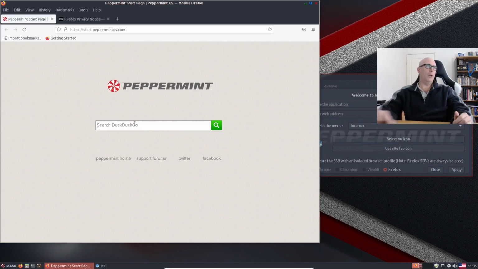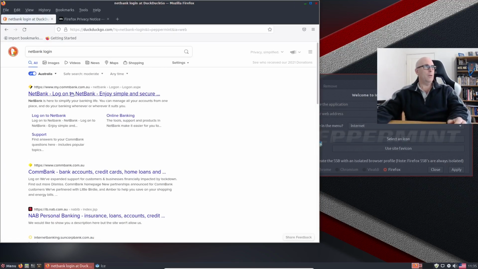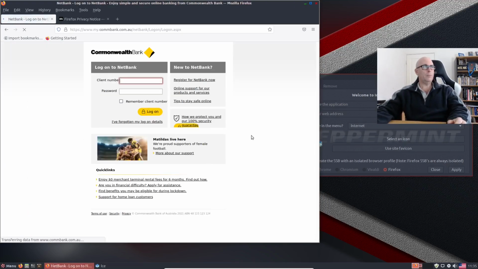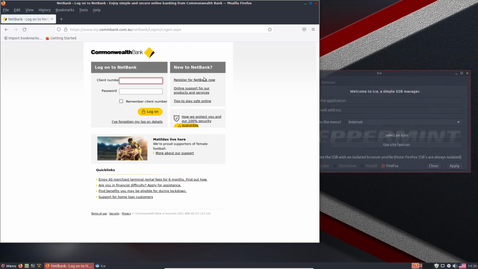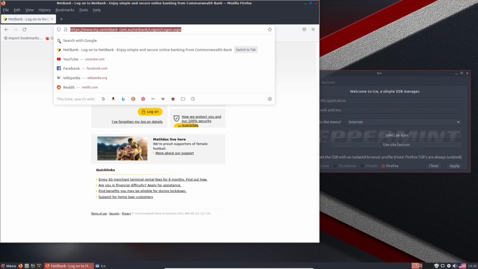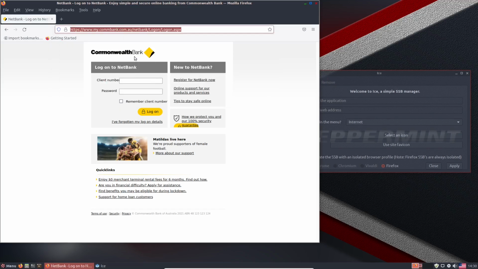Whereas here, what we're going to do is, for a demonstration, I'm going to use our banking login. It's the NetBank login is what I'm searching for here. So NetBank login, let's go to that. So that's our NetBank login. Now, what we're going to do with NetBank login is left click this address bar here, right click, copy, go